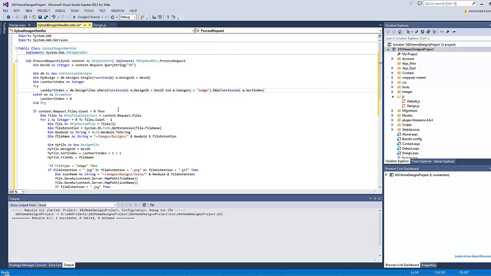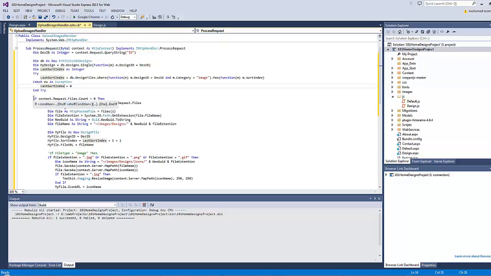If there are no files at all, this will return an error, so it doesn't find any file that meets this criteria. So in this case, the last sort index will return 0. And then I will run an if condition here. So if there is already a file waiting to be uploaded, which has a count bigger than 0, then